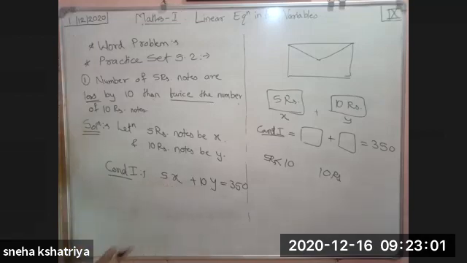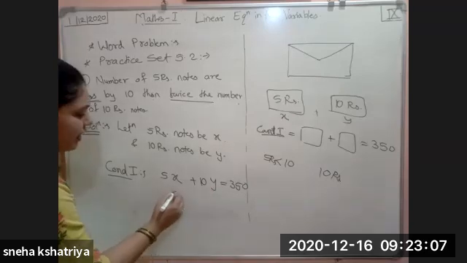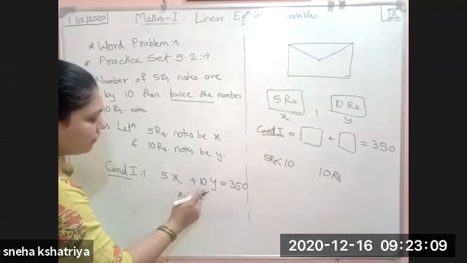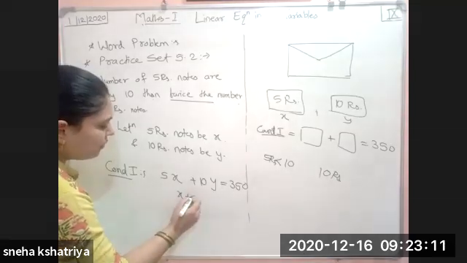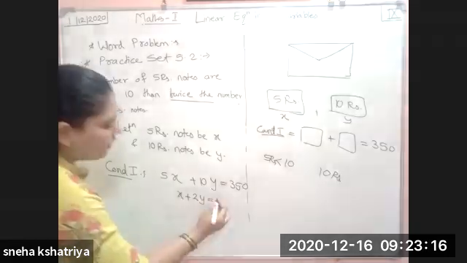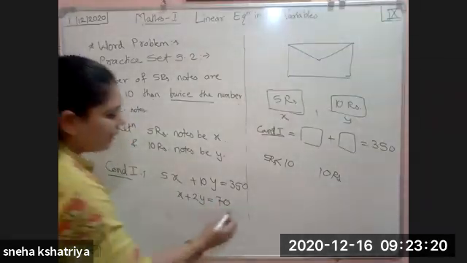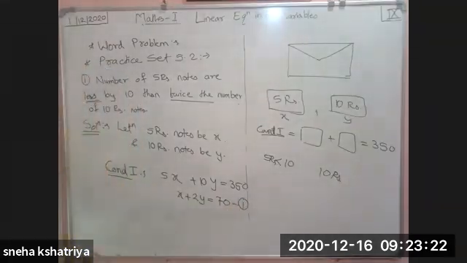Now, if you want to reduce it, you can reduce it because it will be reduced by 5 also. Divide by 5 on both the sides. Okay. So, we get x plus 10 divided by 5 becomes 2y, which is equal to 350 divided by 5, that is 70. 5 7s are 35. So, it will become 70. Now, you can write it as equation number 1.